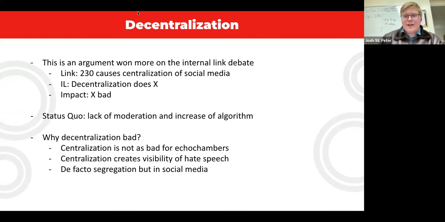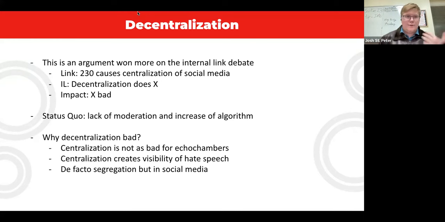Oh yeah, so centralization additionally creates visibility of hate speech. When people are able to have hate speech, but it's more in public, that makes it where, even though obviously it's bad because it hurts people, it's not festering and bubbling and creating more and more of the same hate speech, and it's able to be called out. If there is a debater that posts in a public Discord, and all of a sudden people see this one debater is really bad, or this person did whatever, it creates visibility to that. Meanwhile, if it's done privately or away from the public, then people don't point it out.